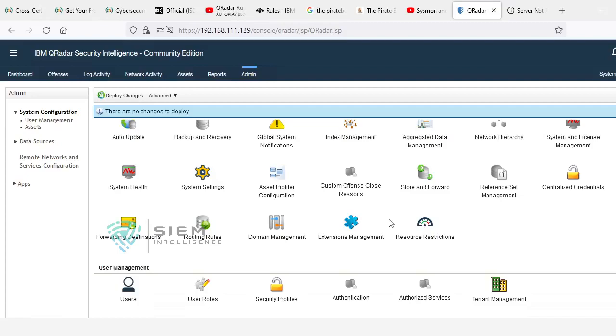Because SOC service can also be given to another organization that is not able to handle such a big environment, and doesn't want to maintain a service, hire people, or purchase new hardware. To avoid all that, people purchase SOC as a service, QRadar as a service, from SOC managers or handlers.